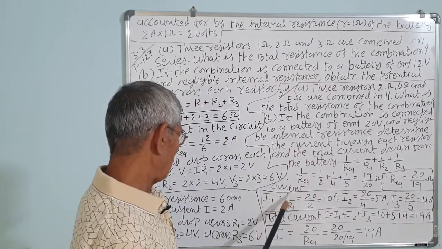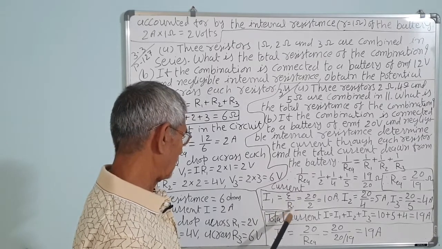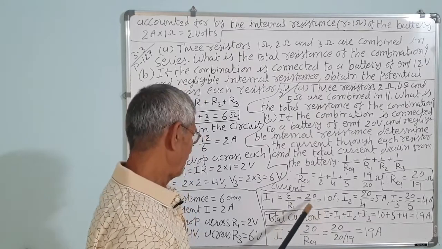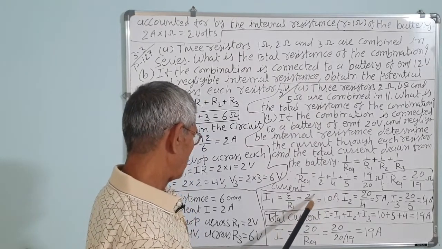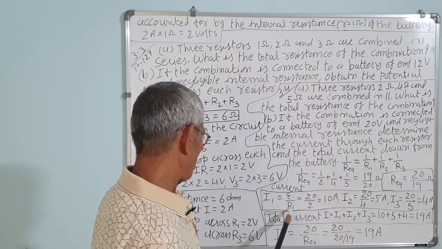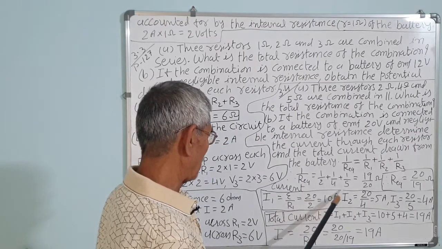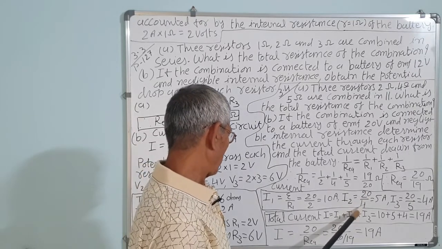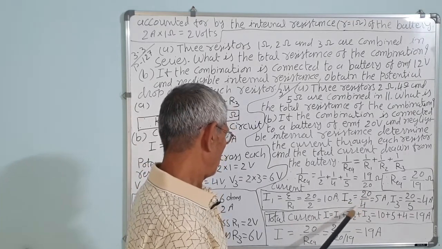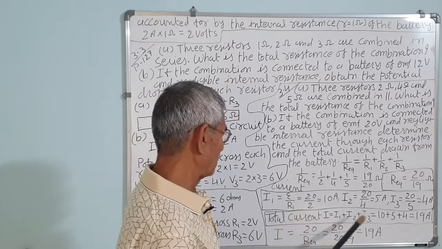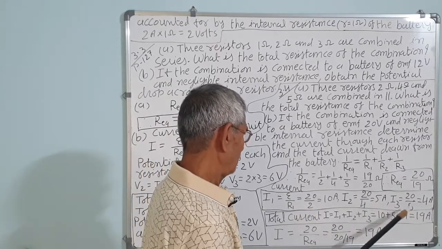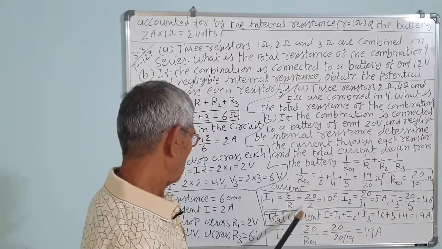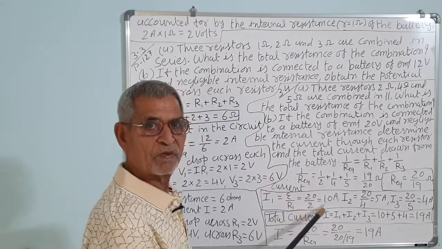So, current is equal to EMF upon resistance; internal resistance is negligible, so we do not consider it at all. Battery voltage is 20. I1 is equal to E upon R1, 20 upon 2, that is 10 ampere. I2 is 20 upon 4, that is 5 ampere. This is the current through the 4 ohm resistance, this through the 2 ohm resistance, this through the 5 ohm resistance. So, less is the resistance, more is the current. Here is the least resistance, so current will be maximum.